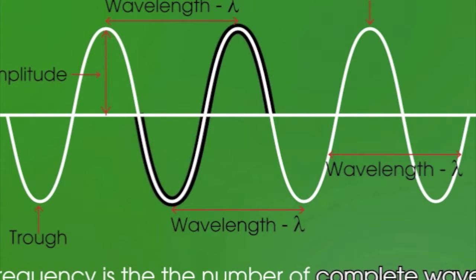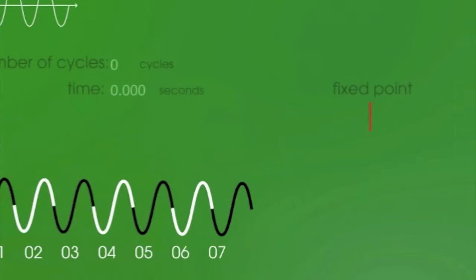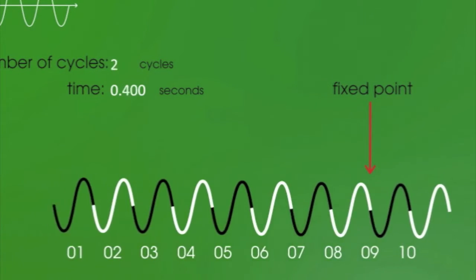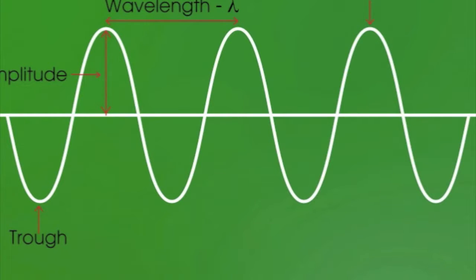Finally, frequency, which is the number of complete waves to pass a point every second, and it's given the unit of hertz. An example of this would be if 10 waves pass in 2 seconds, the frequency would be 5 hertz. Using these things, we can now calculate the speed of a wave using the equation speed equals frequency times wavelength, or in symbol form, v equals f lambda. There's a lot to learn here, but once you've learned these core concepts,